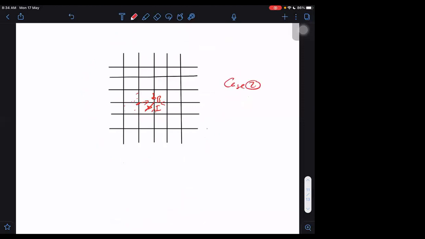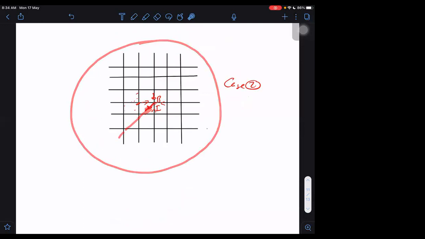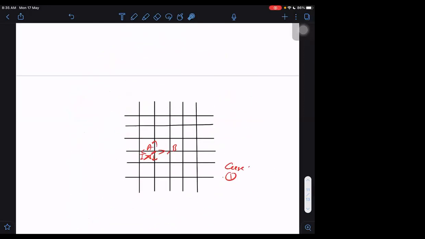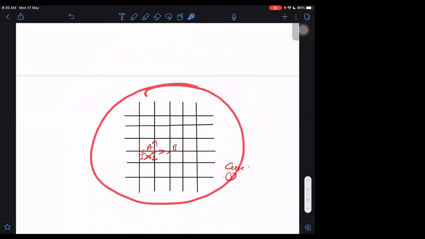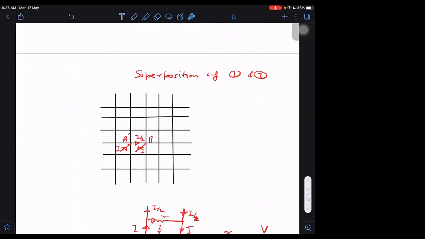Case 2: I have a current source connected to B on one end, and the other end is at infinity. So it is taking out the current from B and sending it to infinity. What is B doing? Taking out the current from the network and sending it to infinity. And what is A doing? A is taking the current from infinity and sending it to point A.